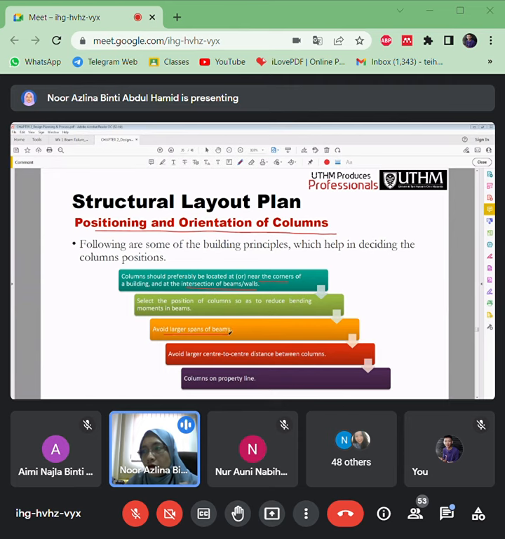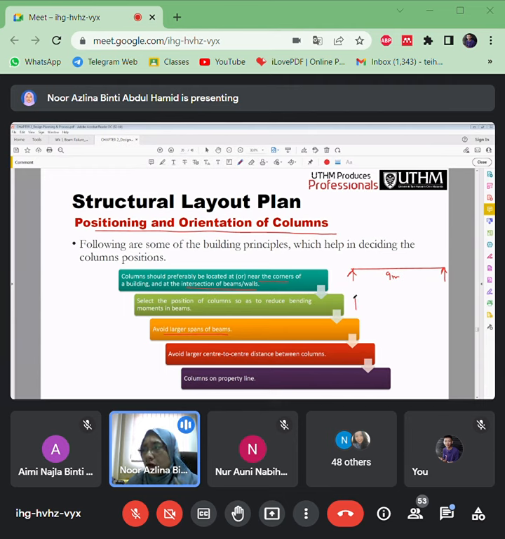Okay, avoid larger spans of beam, macam tadi from this beam supported by these two columns, okay, with let's say 9 meter long, this long span here will affect the bending stage here.